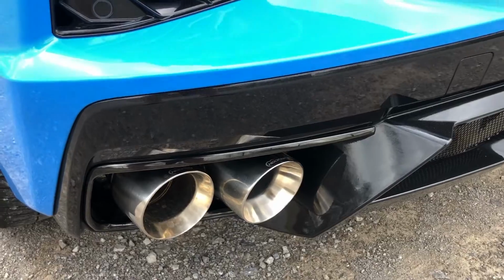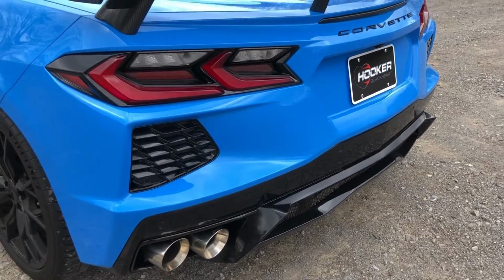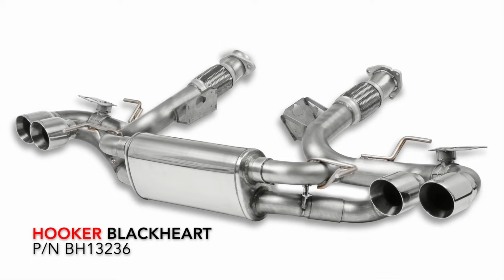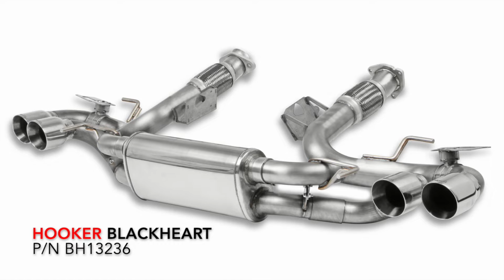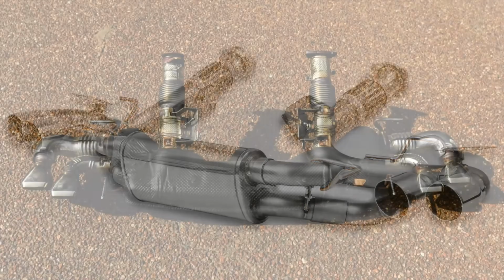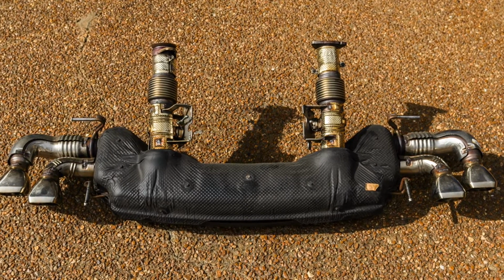Catback exhaust systems for C8 Corvettes fall into two categories: those equipped with NPP valves and those without. The NPP valved options vary sound volume and character by allowing a portion or all of the exhaust to bypass a straight-through transverse muffler. Hooker's exhaust for NPP equipped Corvettes features a straight-through muffler and 304 stainless steel construction. It weighs 19 pounds less than the factory setup, offering 10 more horsepower and a customizable sound via the factory